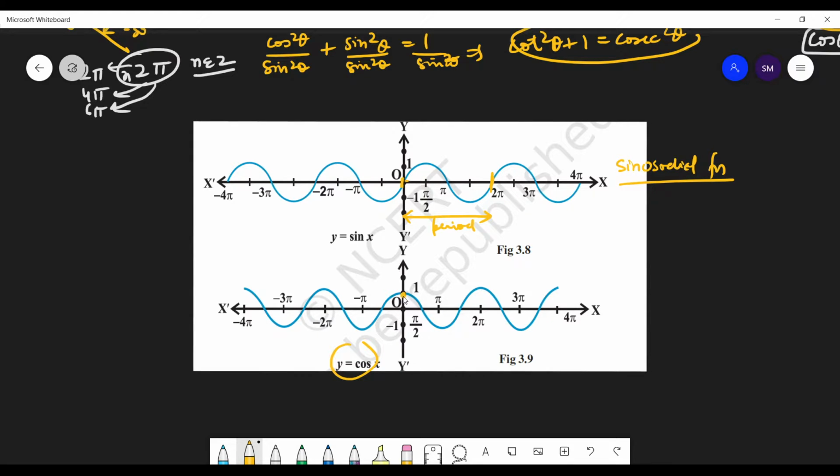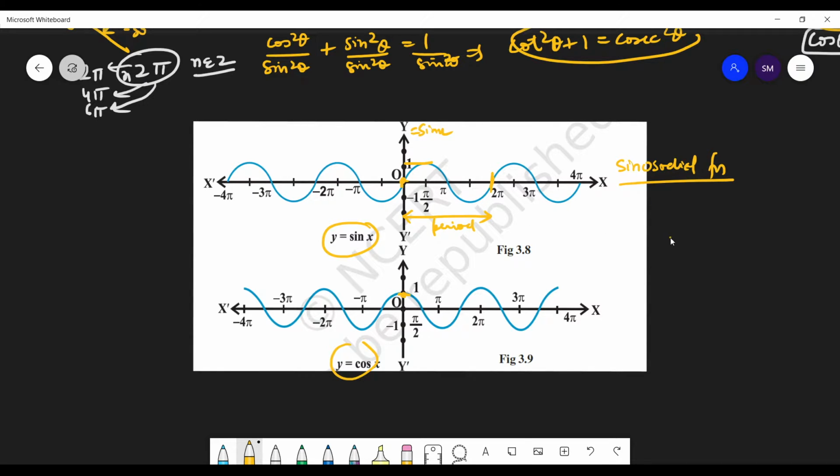So cos also has the same graph. This graph starts at, you know that cos 0 is equal to 1, so that is why it starts from 1. And sine 0 is equal to 0, so it starts from 0. Okay. So its maximum value, of the sine function, on the y-axis, you can see y-axis is sine x.